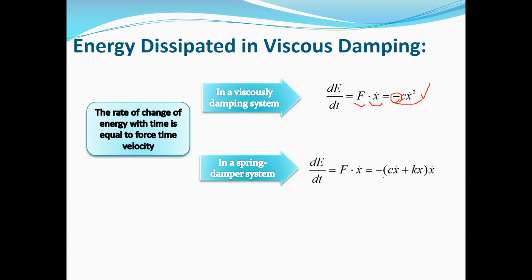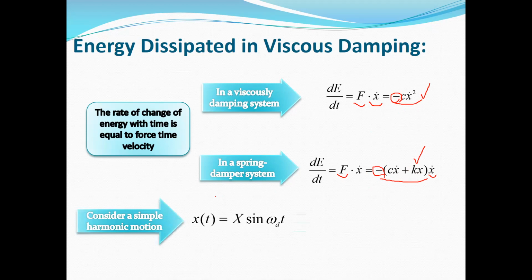But when we have the spring in our system, this force F is equal to minus c x dot plus kx, and this time again we have one additional term, which is the force due to the spring, and it's equal to k times x. Again we have one negative sign because this force is in the opposite direction of the motion, and the velocity is again x dot. So we can use this term to obtain the total energy for your system, or by considering